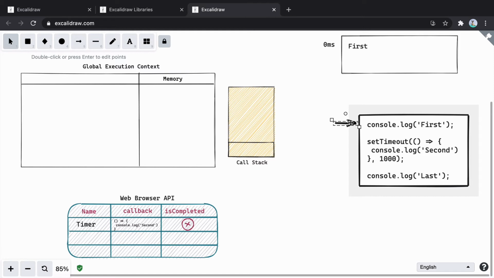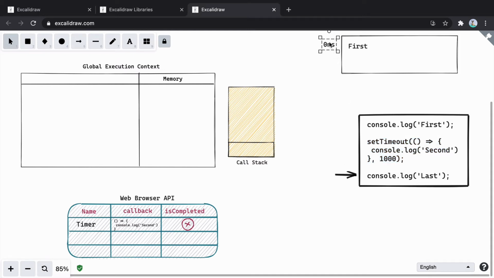So we started here, it is a part of JavaScript, execute it, go to the next, it is a web browser API. So I'm just communicating to web browser API by saying, go ahead, register a timer. You have to call a callback function after 1000 milliseconds. As soon as you're done, web browser API will take a note of that, and you don't have to wait here. You can keep moving. So can you see, even though the task is asynchronous or something that is taking extra amount of time, we are not stopping there. What we are doing, we are delegating our task to web browser API and moving to the next part.